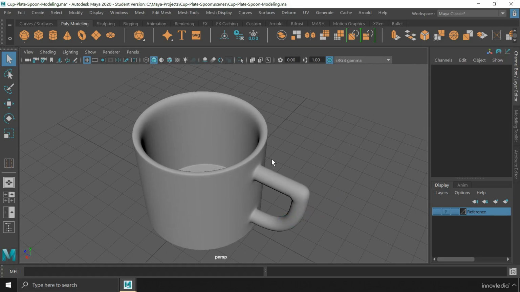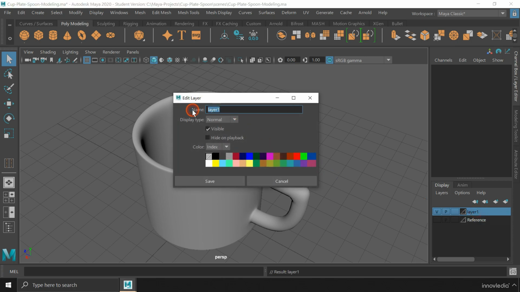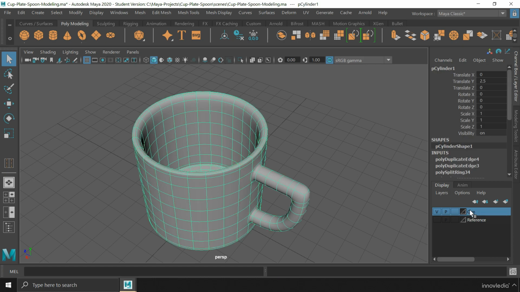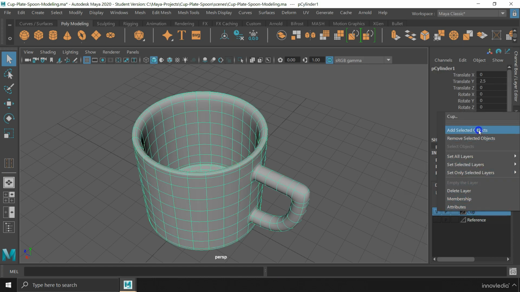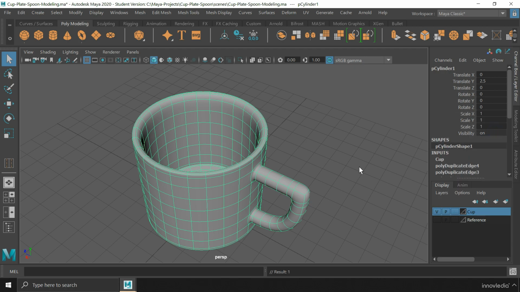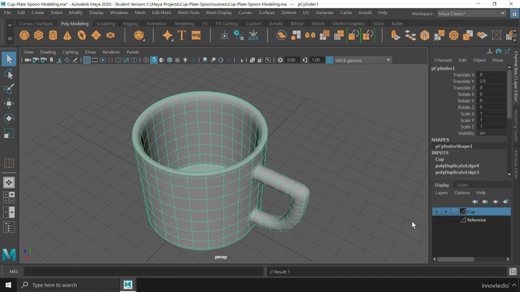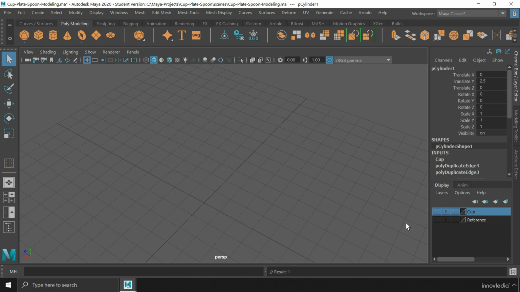We can hide this object for now by creating a new layer, entering a name, then adding this object to that layer by selecting it and right-clicking on the layer and selecting Add Selected Objects. Once added, we can toggle the visibility of the layer using this switch. V means visible. Empty means invisible. Alright? I'm going to keep the cup hidden for now so that we can clear this area for modeling other